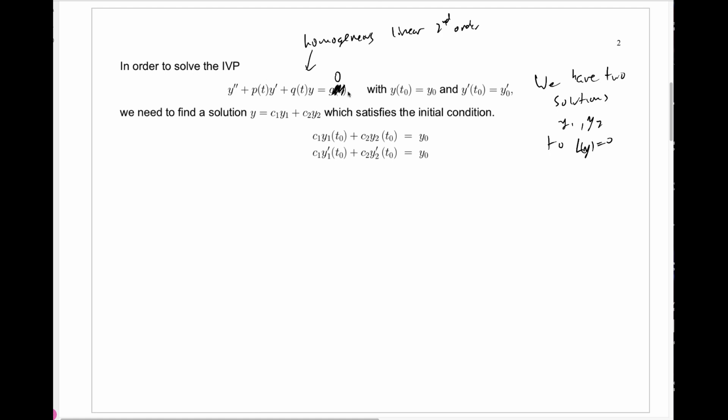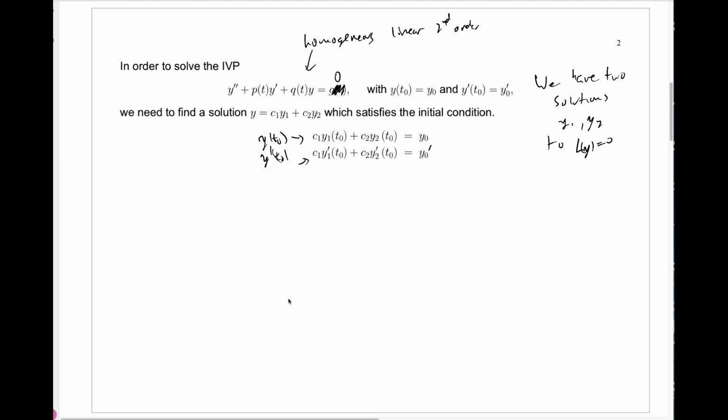The differential equation is of the form L of y equals 0. That's this differential equation. Now, if I want to satisfy that differential equation with these initial conditions, then what we would like to do is find the function y, which is a linear combination of these two solutions that we have, which also satisfies the initial condition. Maybe we can, maybe we can't. Well, if we can force y of t naught to be y naught, and if we can force y prime of t naught to be y naught prime,